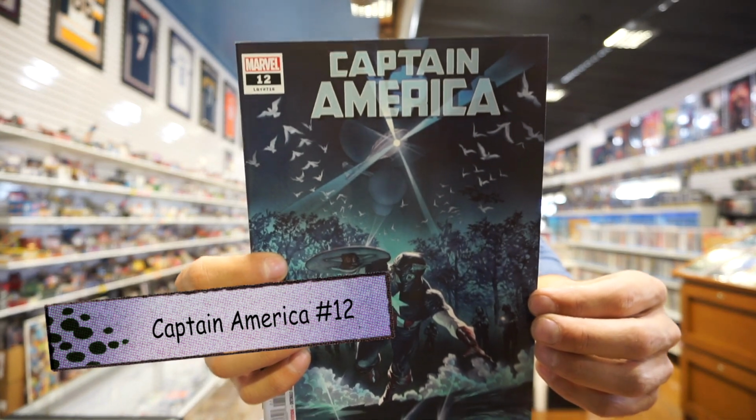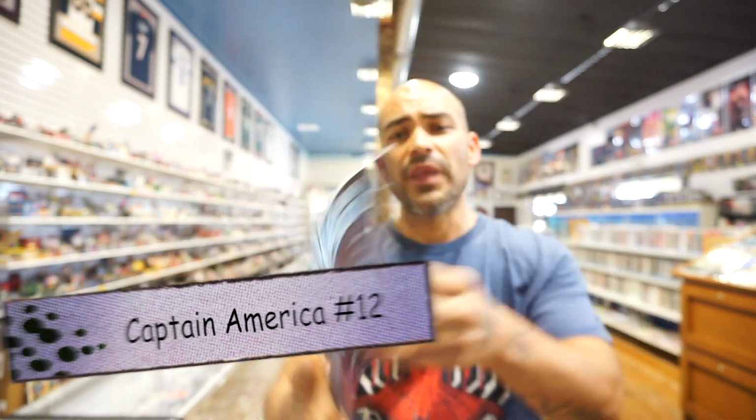The next issue I have here is Captain America issue #12. I'm not sure if you guys have been following the Captain America series. I really like what Ta-Nehisi Coates has been doing with this story. Now, there's not so much action in here, but what I like is the story and how he's